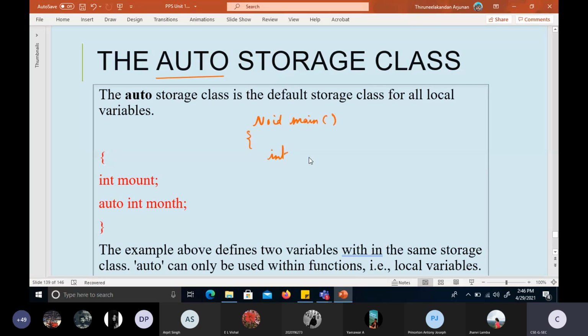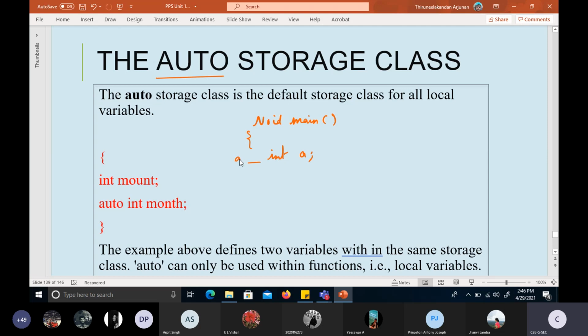declared as auto only, by default, but it is optional. We need not explicitly mention this auto while declaring the variable, so we are simply ignoring it. But actually speaking, every variable will have its prefix declared as auto by default. So there is nothing wrong in ignoring the auto prefix or writing the auto prefix to any variable. That's all, very simple.